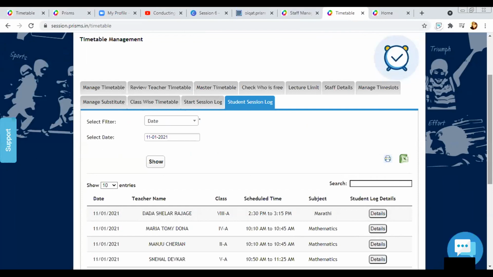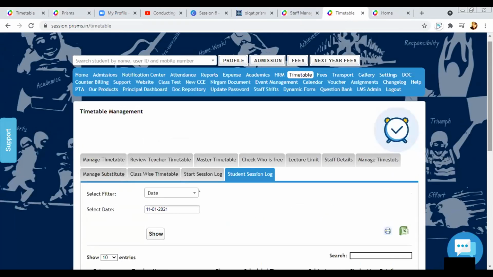Ma'am, suppose our personal meeting IDs and passwords are already with the students, and they don't join from the app but directly from Zoom. Then it's a problem. Yes, if they join directly through Zoom, we won't have the logs, and then attendance cannot be taken properly, because if there is no log, there is no reference point for you to check whether the child joined or not.